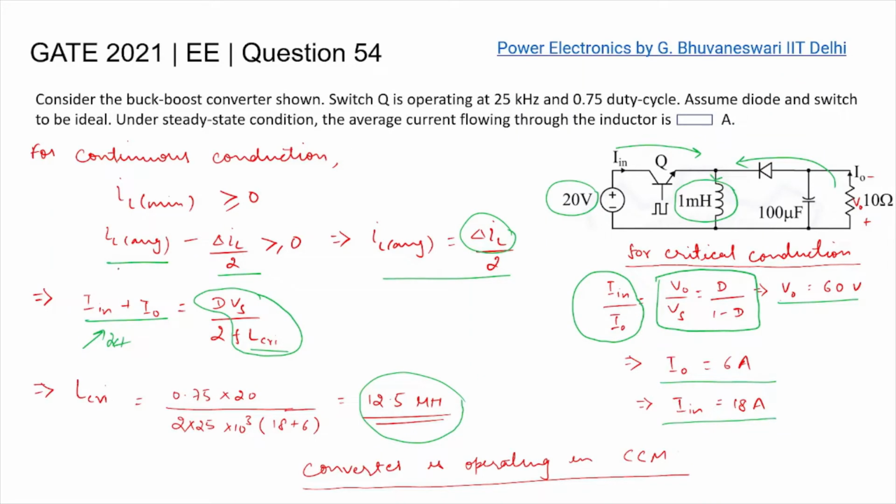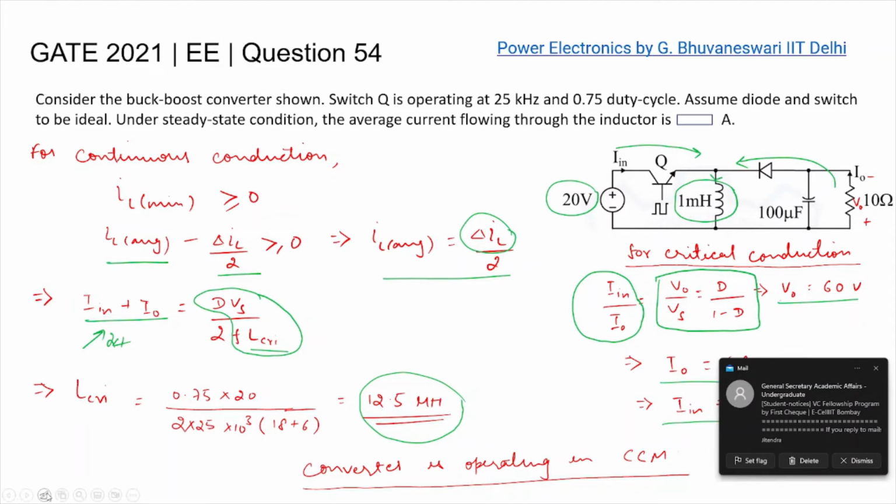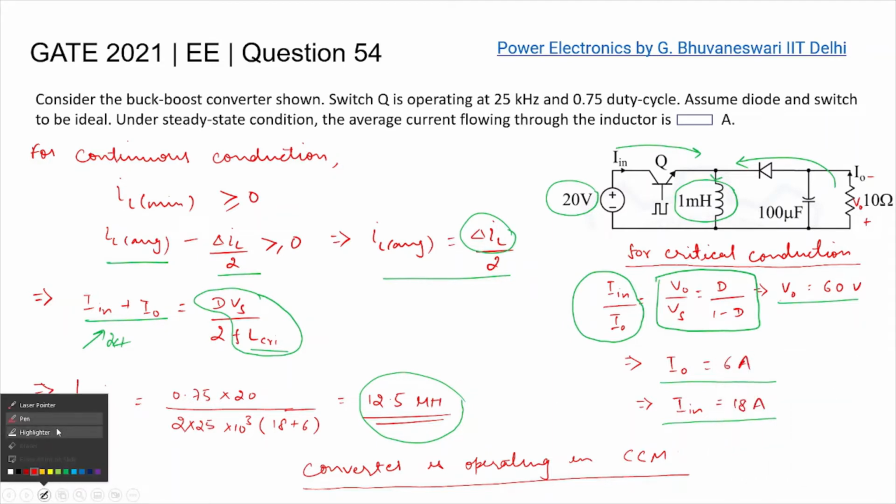This question again appeared in 21 for 2 marks, and that is based on the buck-boost converter. We had to calculate the average current flowing through the inductor. In a buck-boost converter, the average current through the inductor will be equal to the load current plus the source current. You can see I have directed both the currents, and IL is equal to I in average plus I